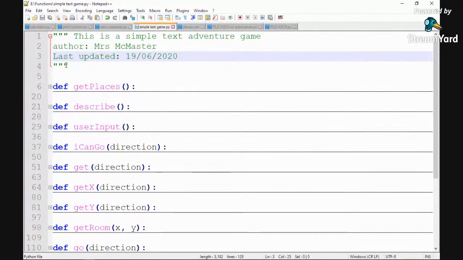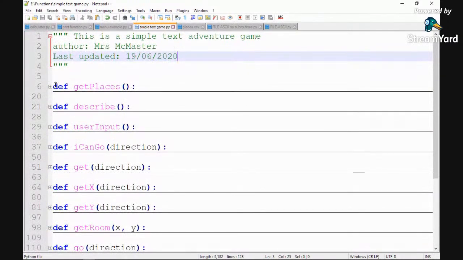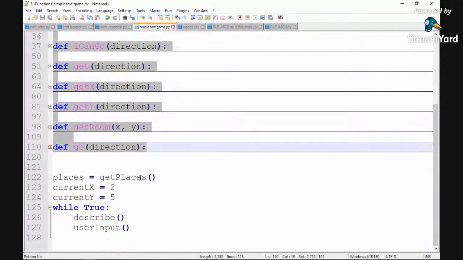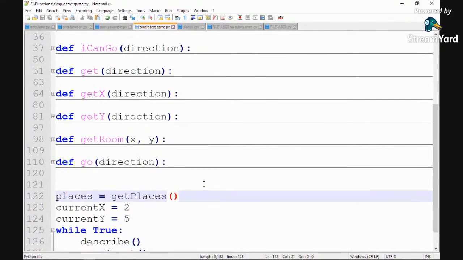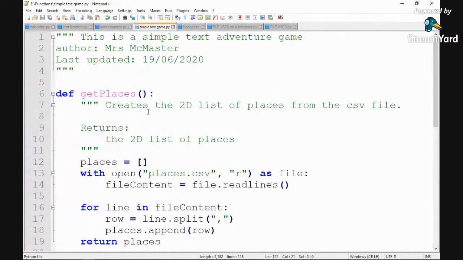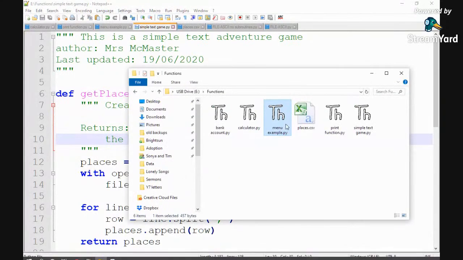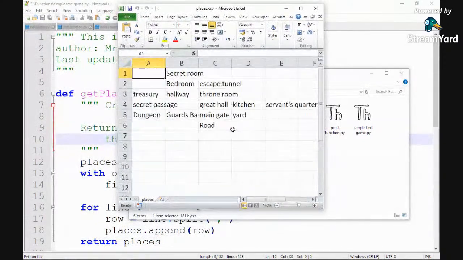So without looking at what's going on in these functions, I just want you to look at this bit for a moment, where it says places equals get places. So, okay, what does that do? Okay, that's the first thing I want to know. Creates the 2D list of places from the CSV file. So what I've done is I have, in the same folder as this simple text game, I have places.csv, which is a really simple explanation